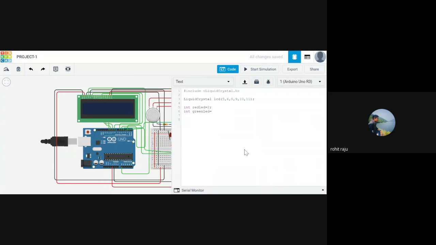Yeah, 3. And our buzzer goes to 4. Buzzer goes to 4. And what do we have? Our sensor. Where did we connect our sensor? To analog pin A0.